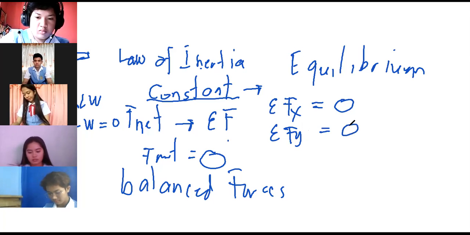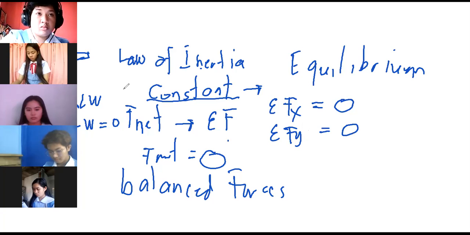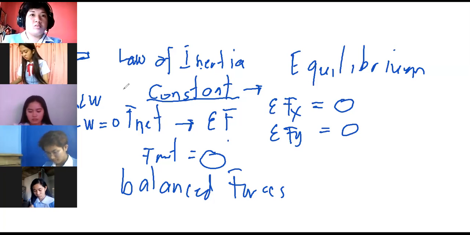Any question with that? Is it clear? Okay. If you still have a question, just raise your hand. So that's how simple our lesson is. Linear equilibrium means that the total net force acting in the system is equal to 0. That's why it is in equilibrium. And it is following the law of inertia, which is the translational equilibrium is the best application of the first law of Newton.